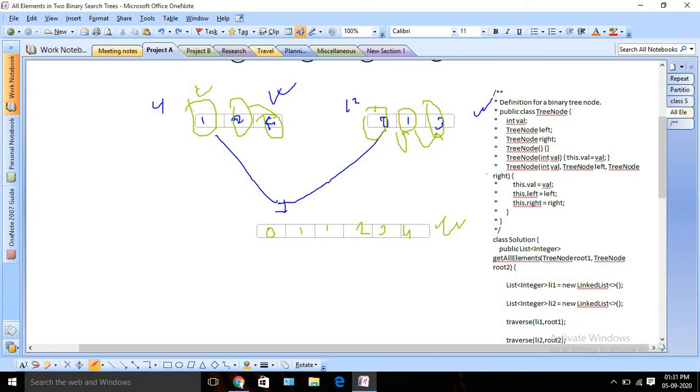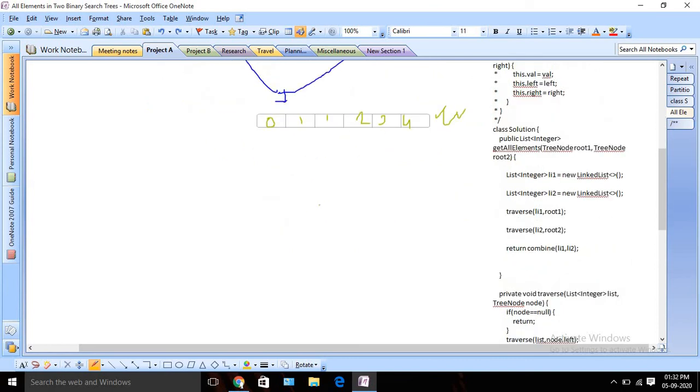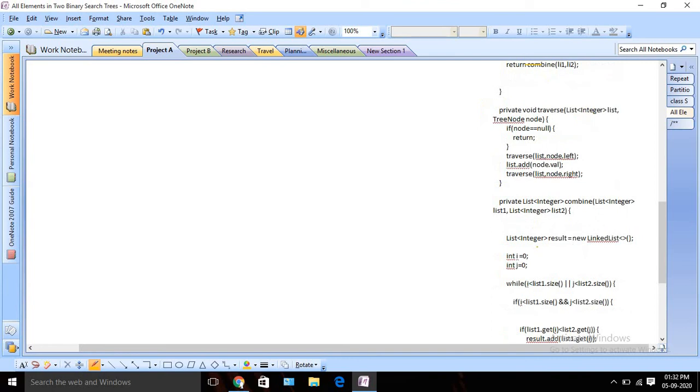What will be the time complexity here? So you can see that for the traverse function, whatever we wrote, it will traverse, and its time complexity would be based on my first tree size, right? So suppose you can think of it as m1, then it will take order of m1 time, and for the second, suppose it's m2, right? So again it will take order of m2 time, right?